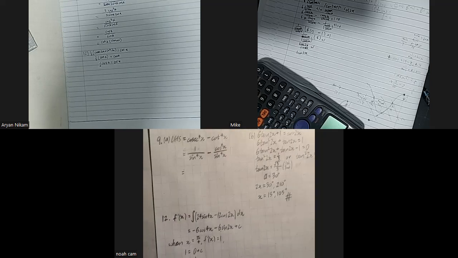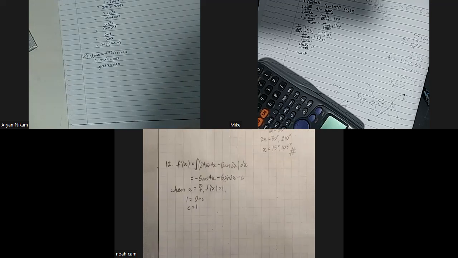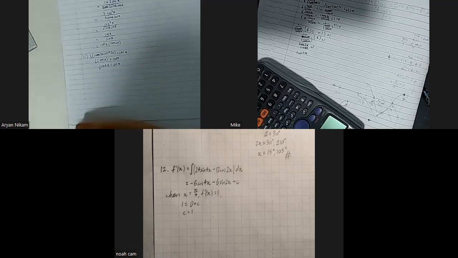Yeah. Okay, let me tell you. Question 12, does question 12 give you f of x? Just to be clear, does it? Yeah. What does it give you? It gives you double differentiation, right? Which you're doing fine. You're finding the single differentiation. I agree. Then you go and find C, and then you move up, please. Move up. The way you find C is, I think, wrong. Yeah. When x equals pi over 4, the f prime x is 0,